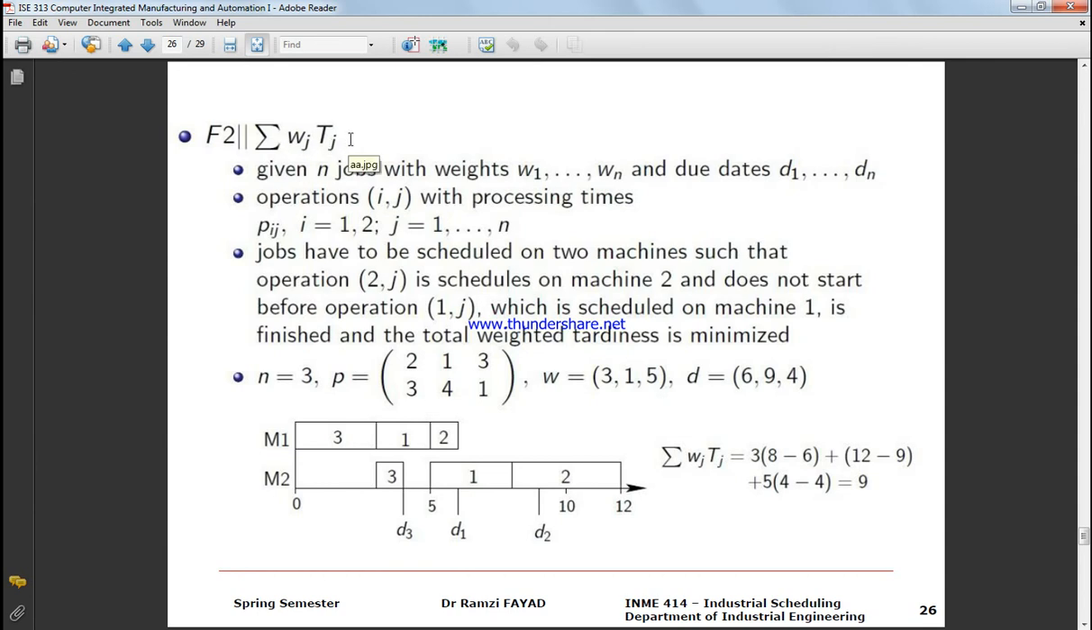tardiness time. Tardiness is how late the job is to be finished. An example: if job 1 is supposed to finish at 6, and it finished at 8, you're tardy by 2. If job 2 is supposed to finish at 9, but you finish it at 12, you're tardy by 3. If job 3 is supposed to finish at 4, and you finish it at 4, you're fine. As you could see here, you have weight 3 times, you're supposed to finish job 1 at 6, you finish it at 8,